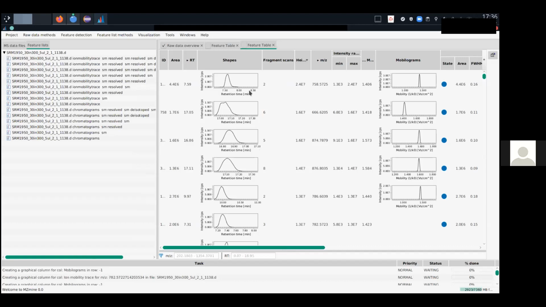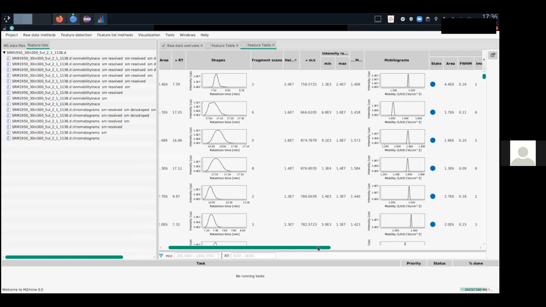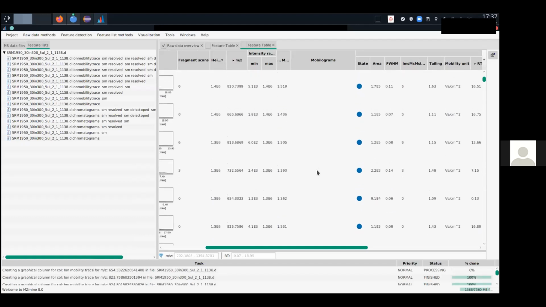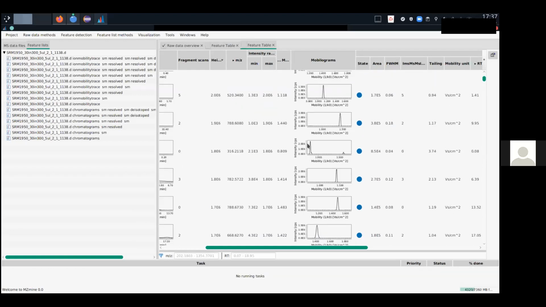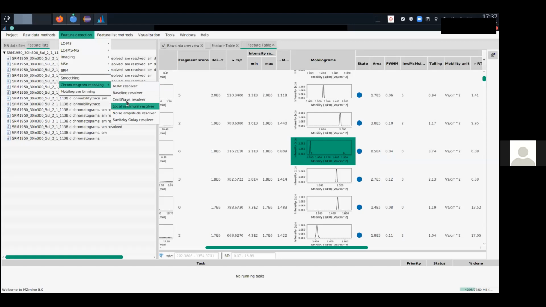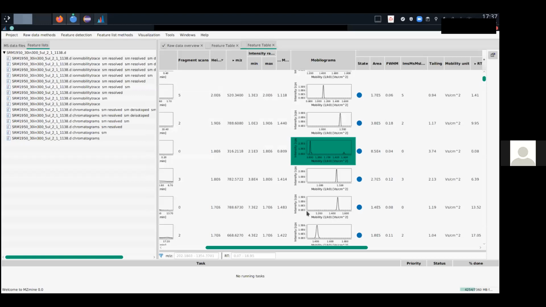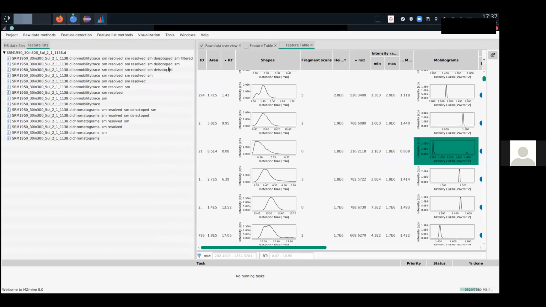We already have, again, these nice single features in the retention time dimension, but it's still possible that we have multiple features in the mobility dimension. For that purpose, we also have to revisit the resolving. Here, for example, we have multiple peaks in the mobility dimension, and therefore we will redo the resolving, and simply for the dimension we now choose mobility, and the rest works similarly. But of course you have to revisit your settings. Once we're done with that, we also should do the de-isotoping again,